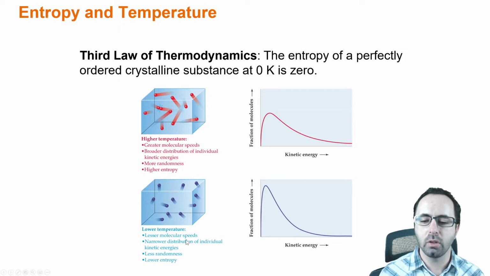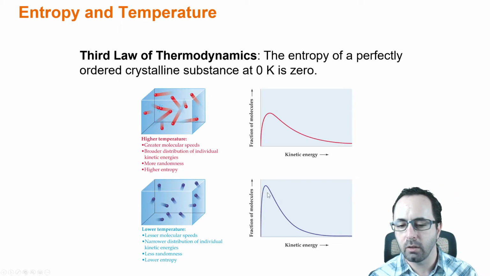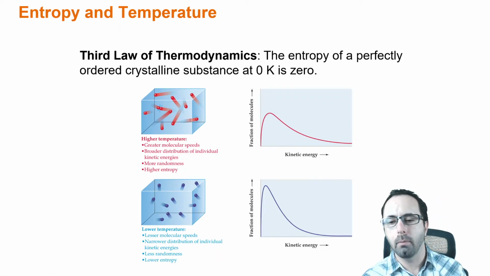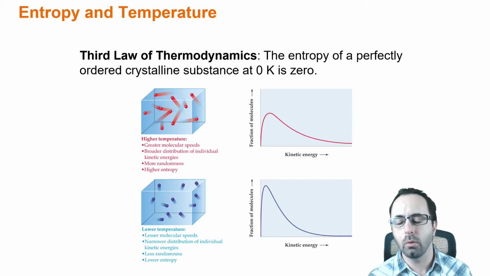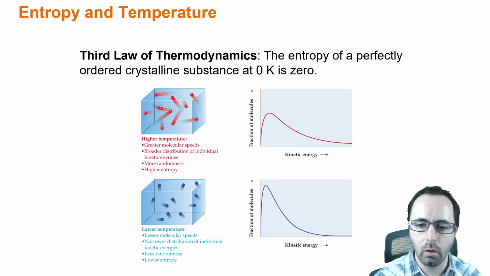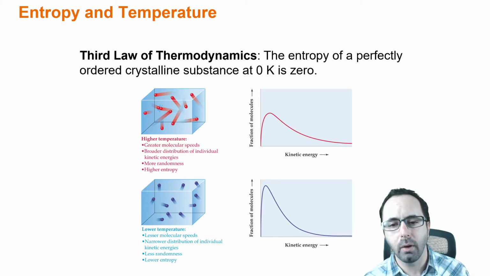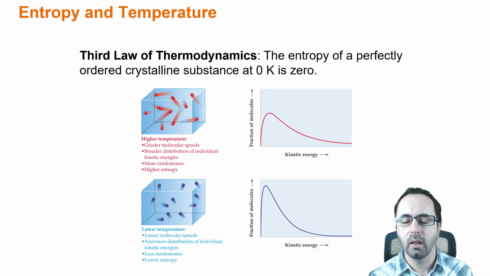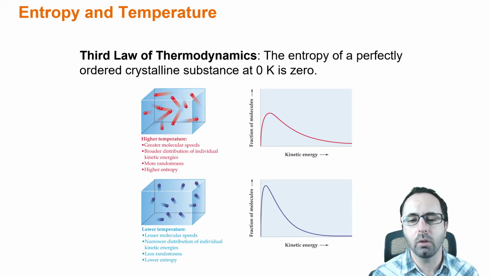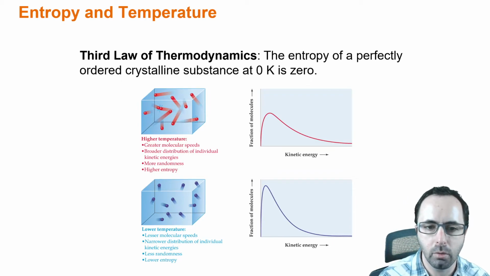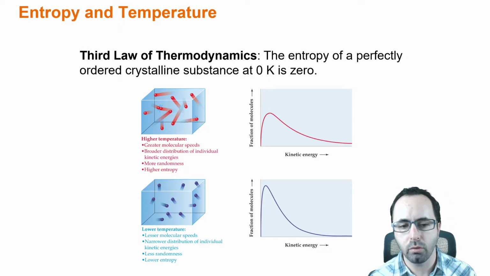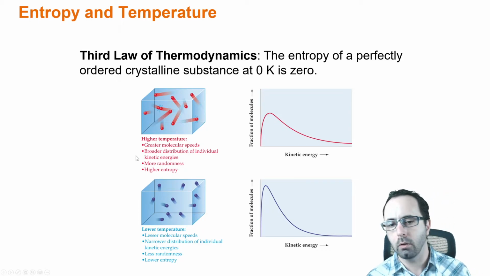At lower temperatures, you have lower average kinetic energy, so you can see that here the average is lower. A narrow distribution of individual kinetic energies. You have lower entropy overall, less motion for these molecules. And the idea here is that if you drop the temperature lower and lower and lower, if you finally get to the theoretical temperature of 0 Kelvin, that is zero molecular motion. And that's the only way that you can have exactly zero entropy. A perfectly ordered crystal structure with zero molecular motion.